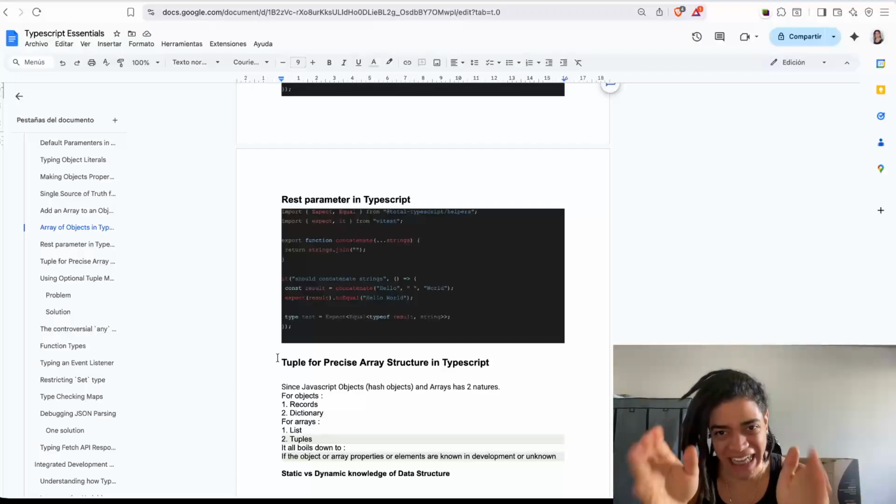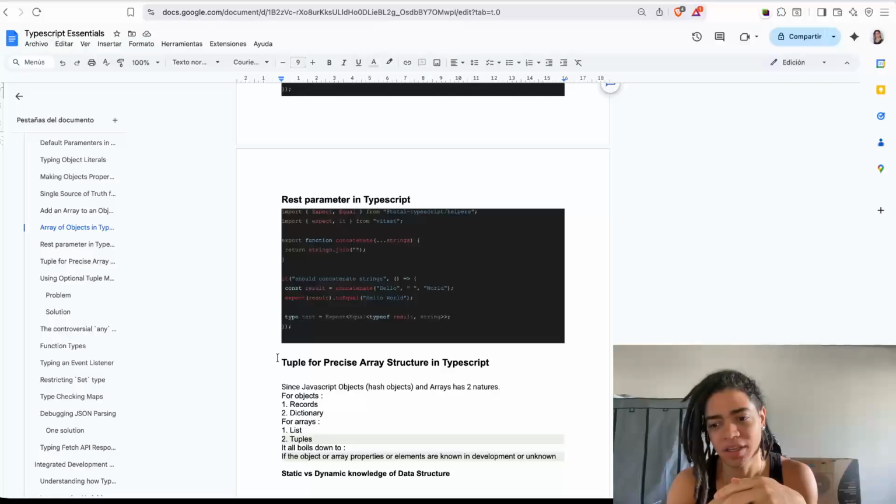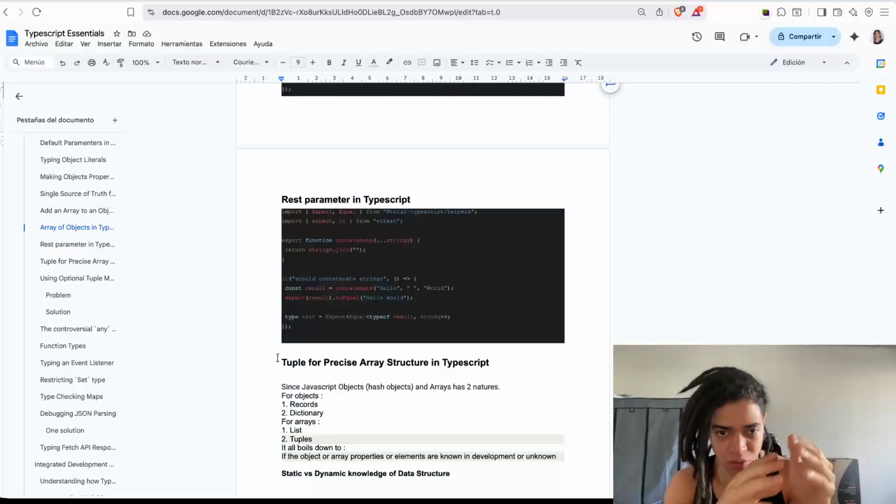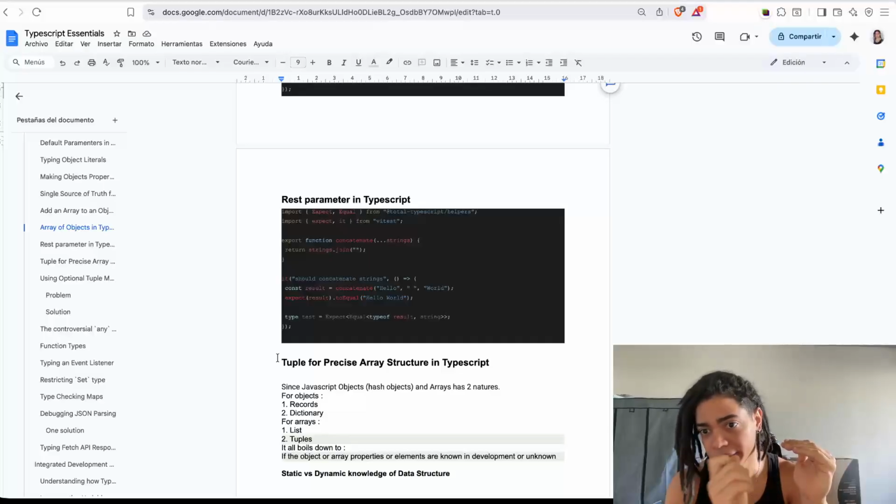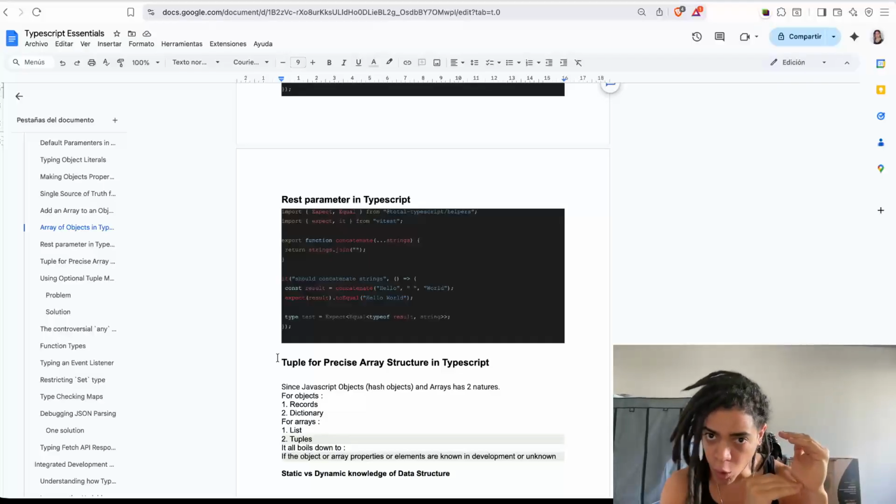So if they're static, in the case of objects, it calls this a dictionary. So you have a well-fixed, defined set of properties where their values can vary, right? But you know all of the properties